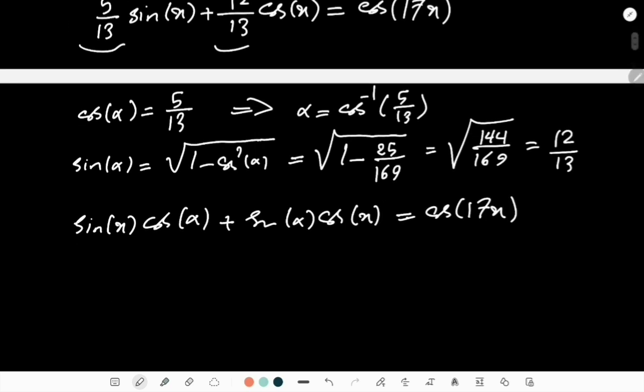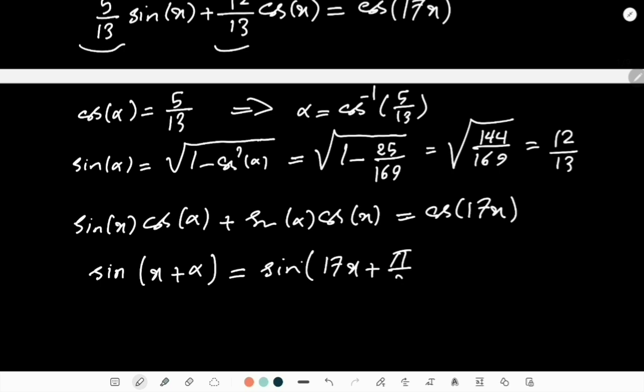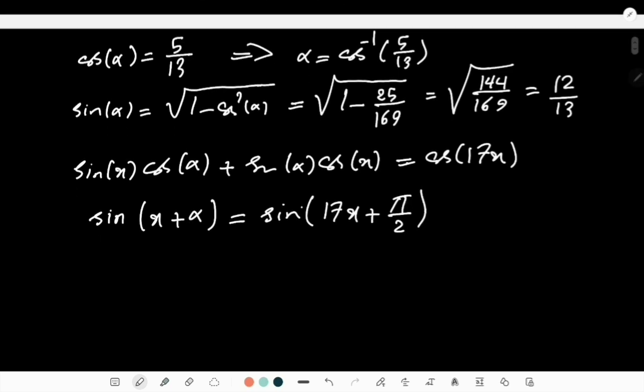And well, this is nothing but sine of (x plus alpha), and this is again equal to cosine of 17x, which can be written as sine of (17x plus pi over 2), okay? So we know that whenever we have an equation like this, generally there are two answers, and then the